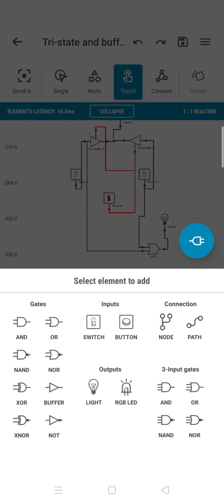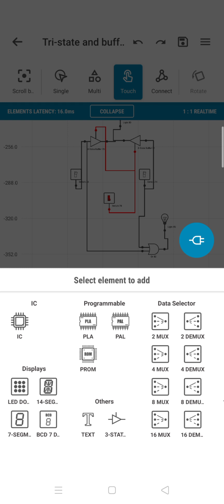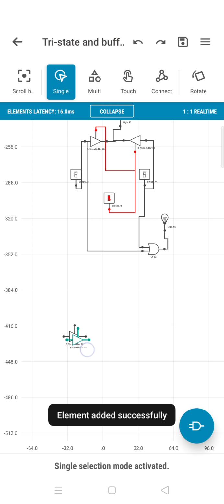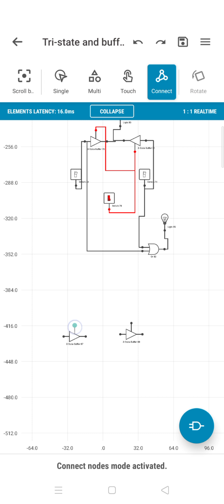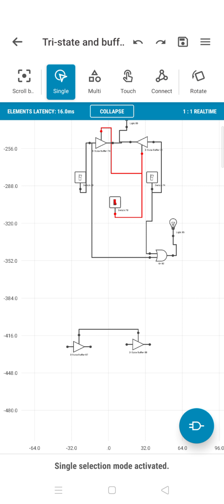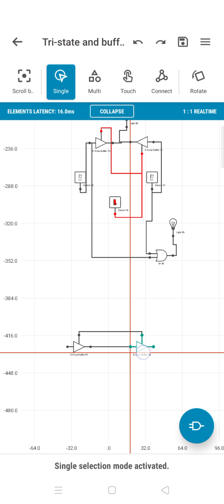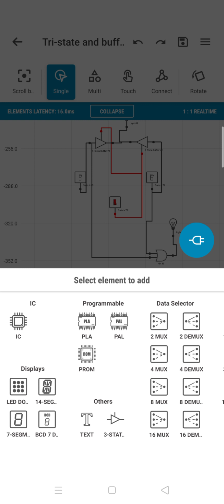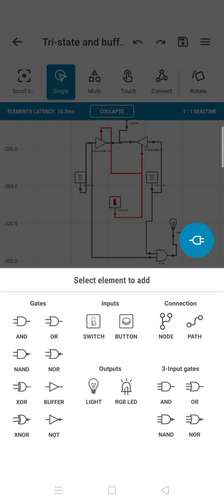Let's see how a buffer is done. I have two tri-state devices. I just connect them, and now I add another one like this.